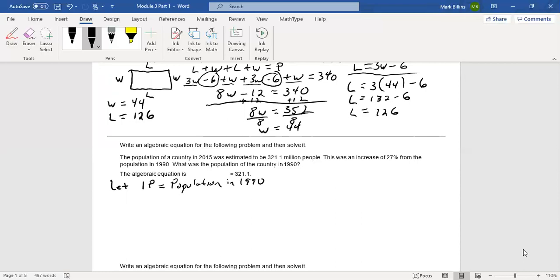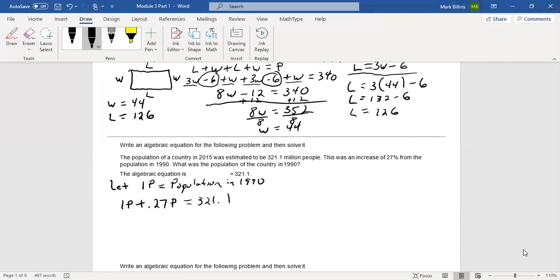So the population in 2015 is an increase of 27% of the population from 1990. So our population in 1990 was 1p. There was an increase, so we add 0.27. We express our percent as a decimal, 0.27p, because it's an increase of 27% of the population in 1990. And that's going to equal the new population, which is